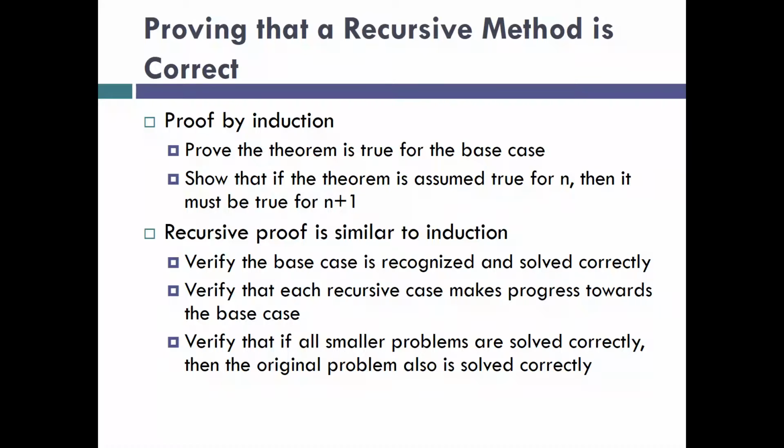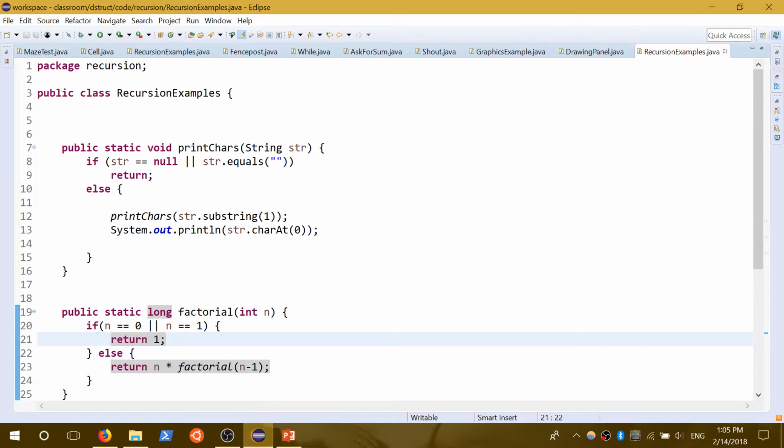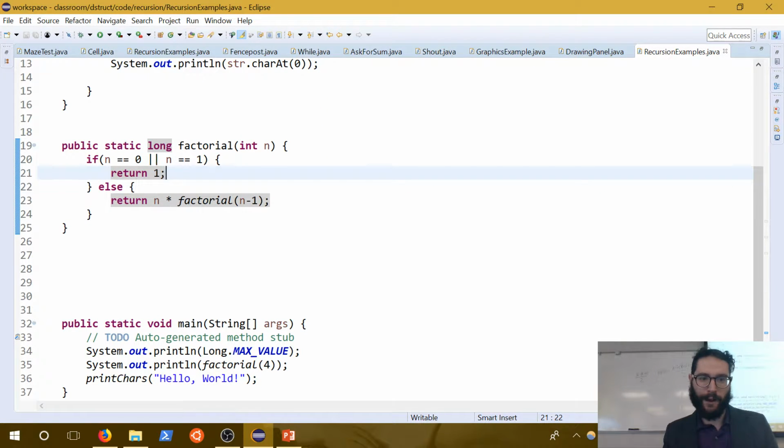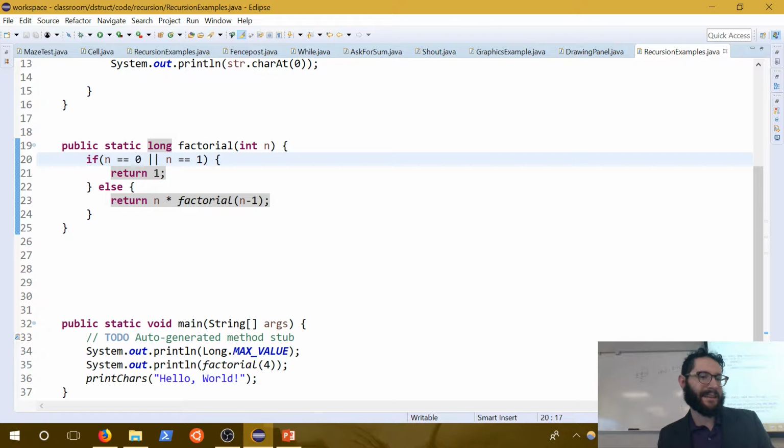So showing how your recursive function, the function you just wrote, is very similar. You first show that you found a base case, and that it's actually correct, right? So in our function, we show that 0 factorial works, right? We verify that the recursive case always makes progress towards the base case. Okay, so here for factorial, we have our base cases, right? Those look correct, and then we've got n times n minus 1